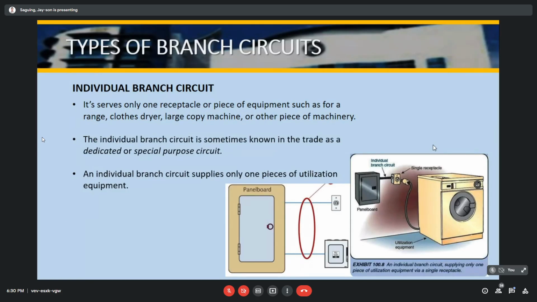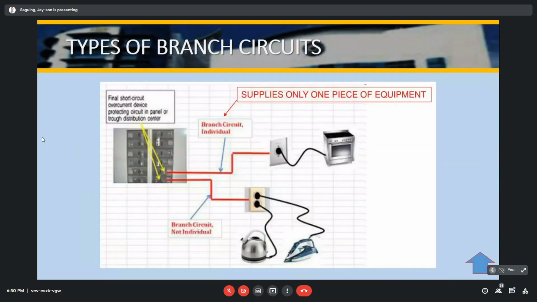So kung gamay ra ang voltage nga makaya, dili siya titira nga gamay ra nga voltage, pero design siya for one single equipment only. So for this slide, di ba natay example, natay panel board. Isa ra siya for single outlet na gud siya nga makuha niya sa individual branch circuit. So example, we have a panel board, a function for a circuit breaker for individual. So isa lang gud siya nga makuha